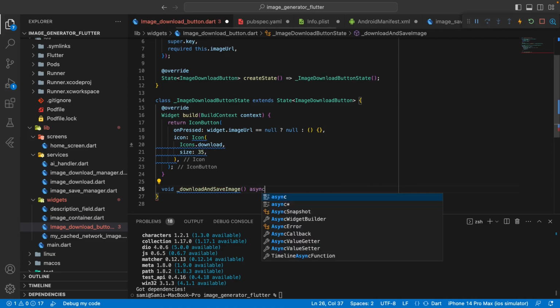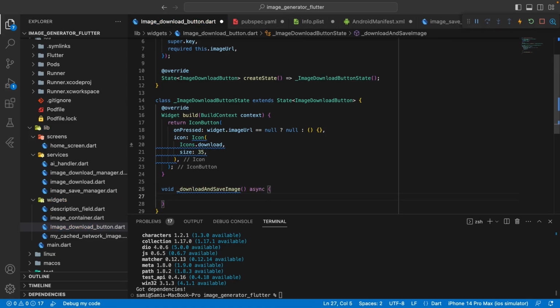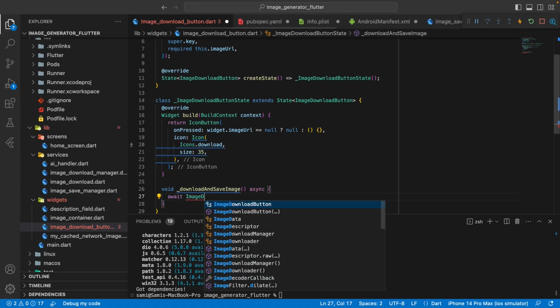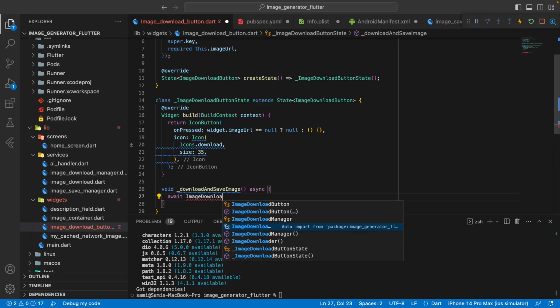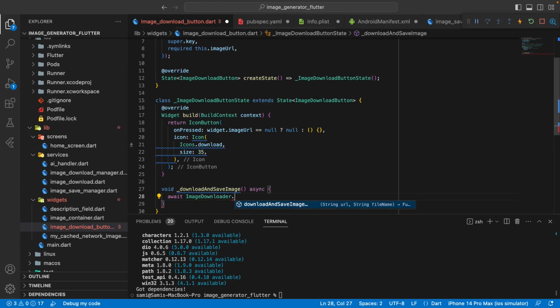I'll make this async as well, and let's say await ImageDownloader.downloadAndSaveImage. This will require one URL and one file name,